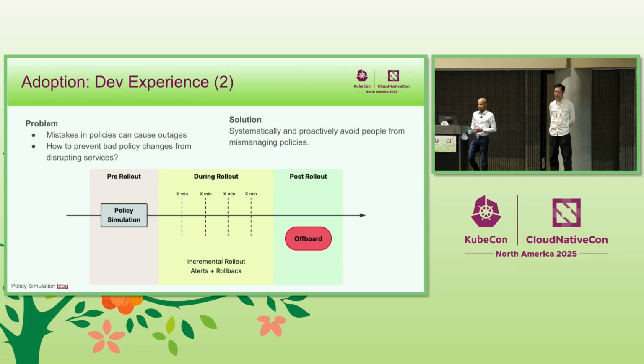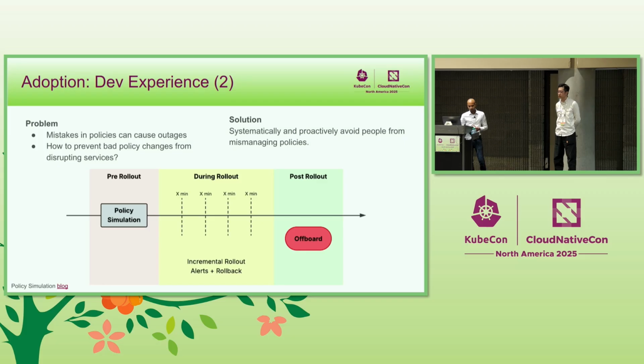The second part is during the rollout itself. We have multiple different zones within Uber that we operate. We have integrated the system into Uber's internal change management system, where after every zone is rolled out, we have a soak time. And after the soak time, it continues to the next zone. The good part is with all the metrics and alerts that we have configured, if there's an increase in the denial rate, then we will be able to roll back the policy so that we are not breaking the system. Assuming the rollout went well, right?